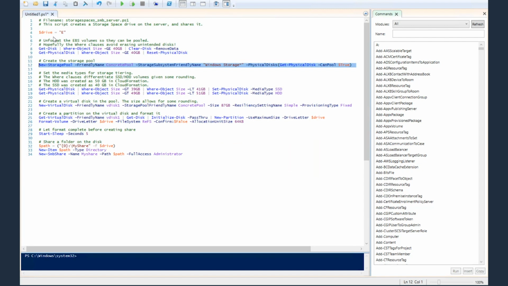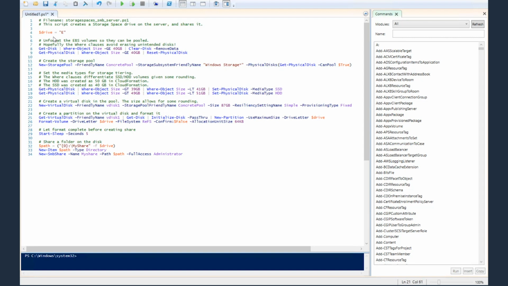So now I can label my disks in the storage pool as SSD or HDD. So if you have different disk types, some of them fast and some slow, Storage Spaces enables you to create a storage hierarchy, putting the SSD types, the faster volumes, as cache tier, and the cheaper and slower volumes for more capacity, therefore creating a trade-off between your storage solutions. But since here I've created only 4 EBS volumes, all of them of the same type, there's no need to do that. So I'll skip that cmdlet